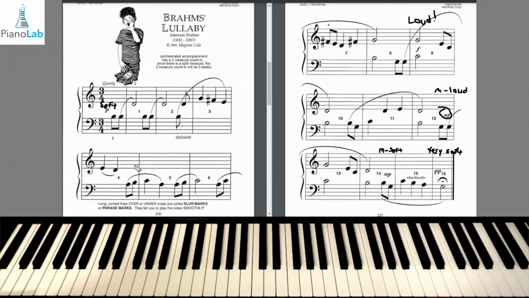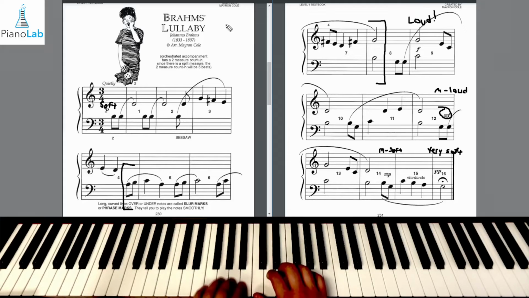Just go very slowly. Okay, starting now, we're going to go from measure 5 to about the first half of measure 8. Okay, so we start with our notes. Let's go ahead and play through them nice and slowly together. Let's get our hand position set up. So we're starting now with our first A. We have A, B, C, A, B, C.